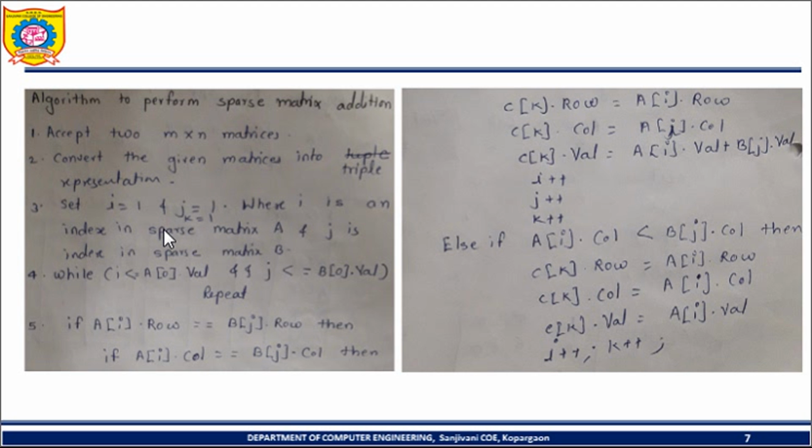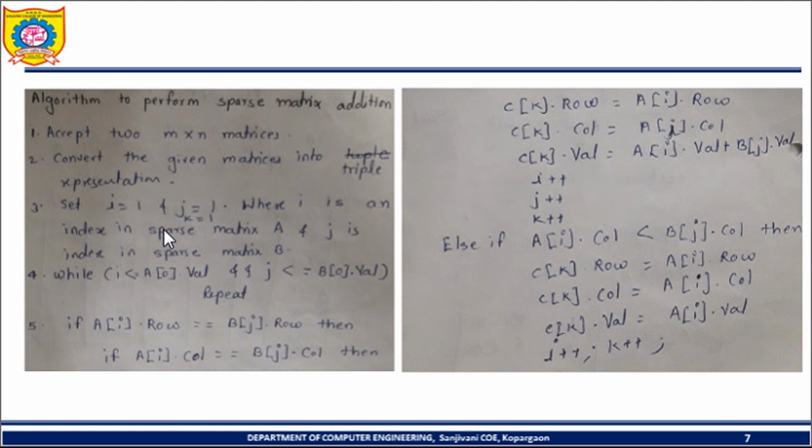After that, what do we have to check? In the example we checked conditions like this: if the first row of the A matrix and the first row of the B matrix have the same row and column values, then we add the non-zero values of both matrices.